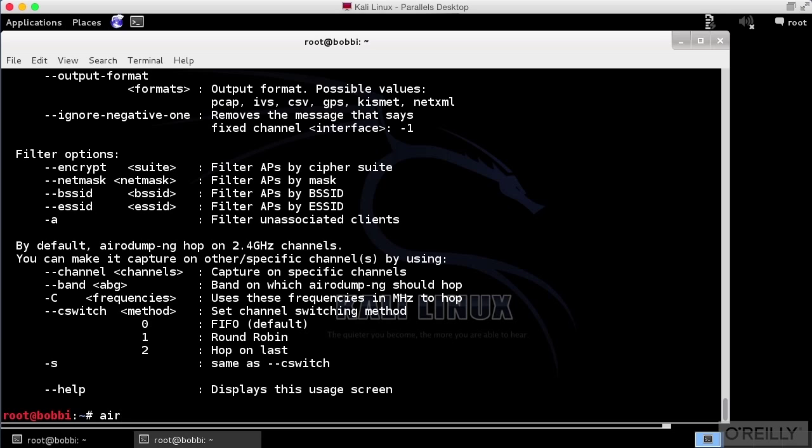So let's just take a look at Airodump here. I'm going to run airodump-ng, and I'm going to actually write an output file, and I'm going to say channel is 6 because that's the channel that I am actually using on the access point that I've got right here. And then I want to use wlan0mon, and that's the monitor mode that we have set on